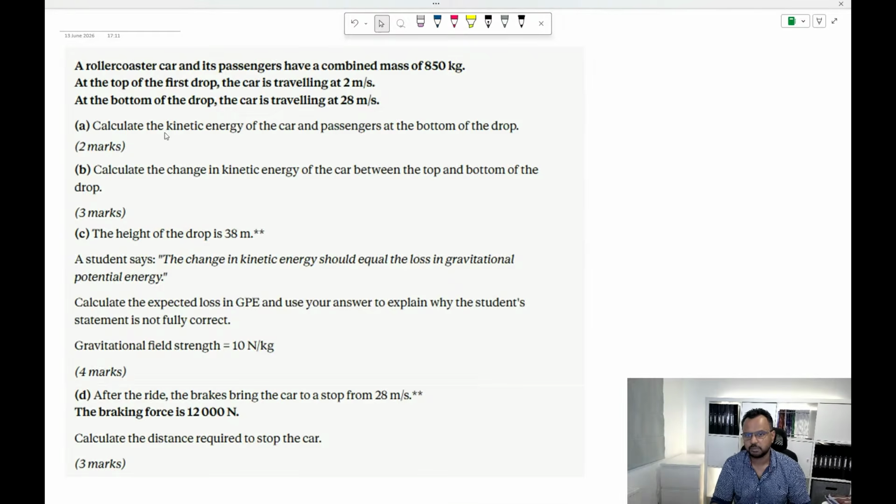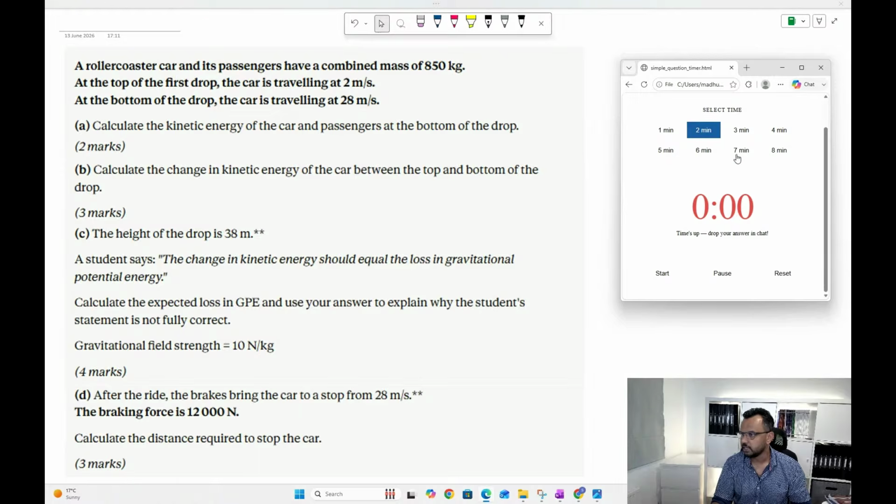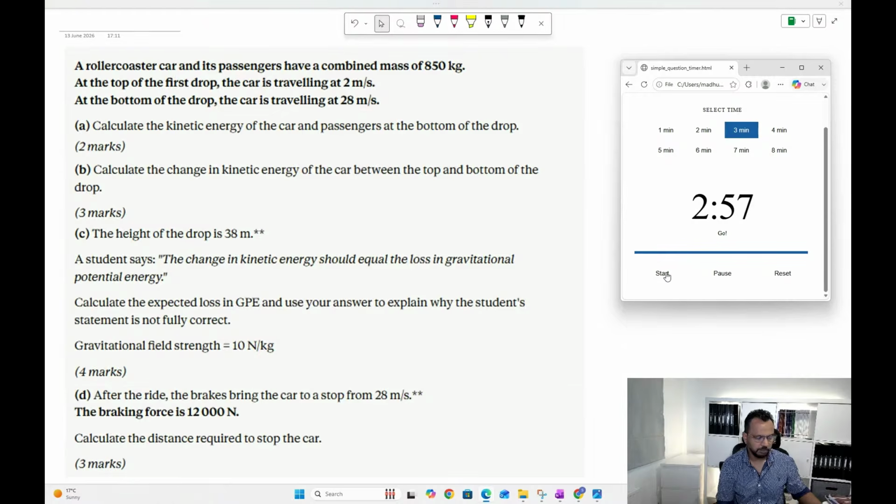This one has a couple of different parts. Right, 4 parts, A, B, C, D. So I'm going to give you about 3 minutes here. Let me run the timer for 3 and let's do it. If you need any help, you can ask me. In the meantime, if there is anything in the theory that you want me to really quickly talk through, guys, I can do that. Just ask me in the chat.